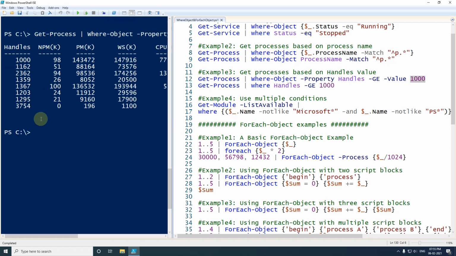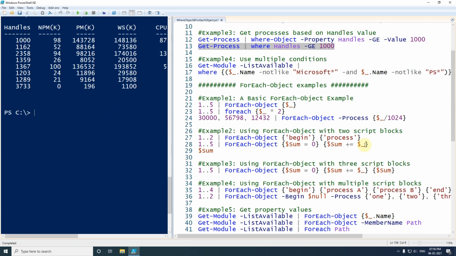We can also execute the same example in a different way. Here I have again used the alias of Where-Object, and again I have used the property name and property value, and in between I have used the operator greater than or equal to. If I execute this line, I will again get the same output.